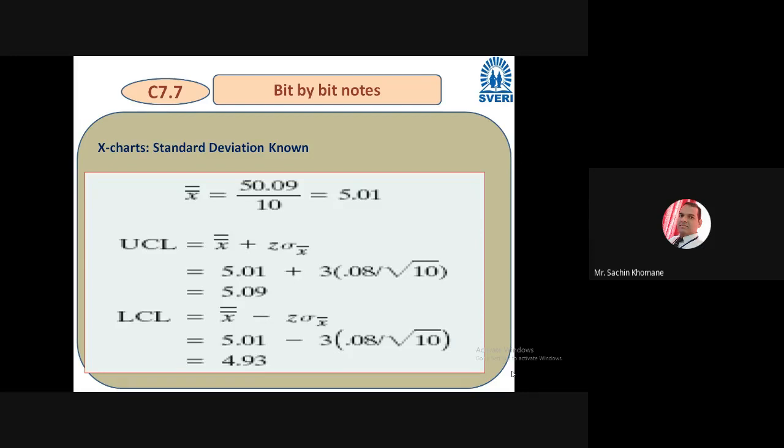In the examination this time there may not be drawing of charts and calculation of such numericals, but maybe in MCQ they may ask you to calculate the UCL, and they will give the data like X bar is so and so, Z value is so and so, and sigma X is given. Just calculate the UCL and LCL. Such questions may be there, and the answer may not be available on the internet most of the time if people change the values. So at least know the formula.